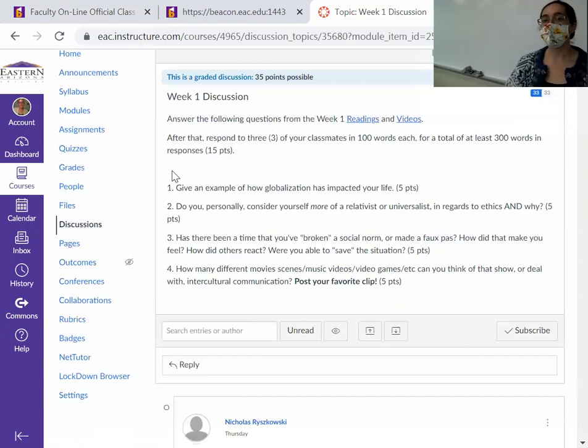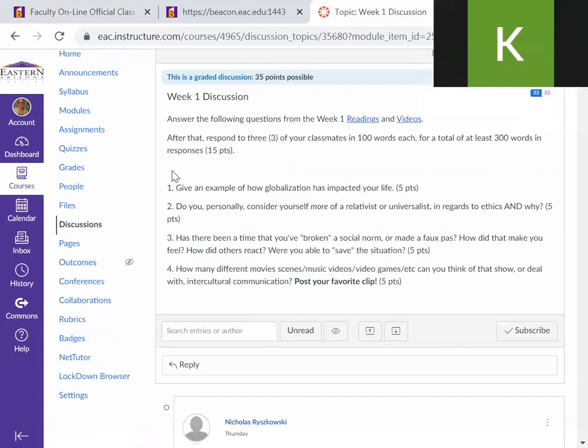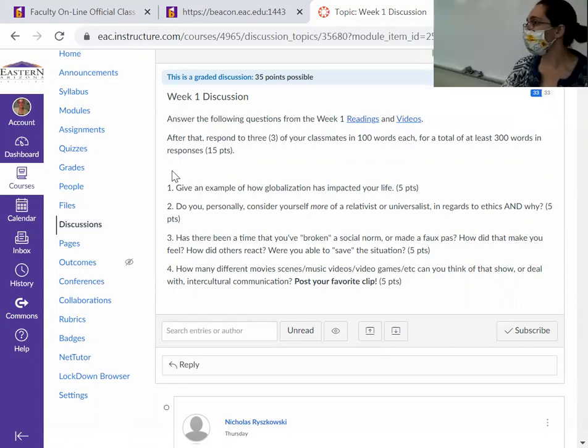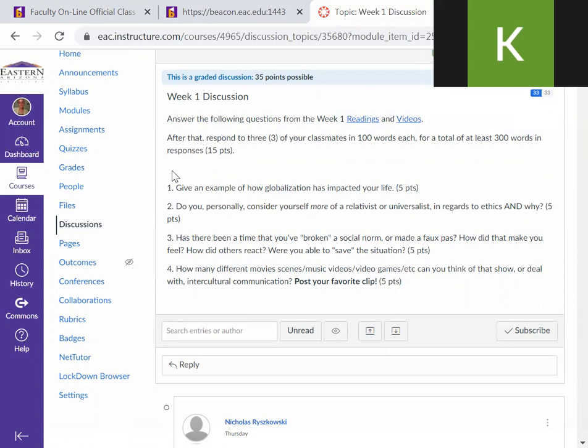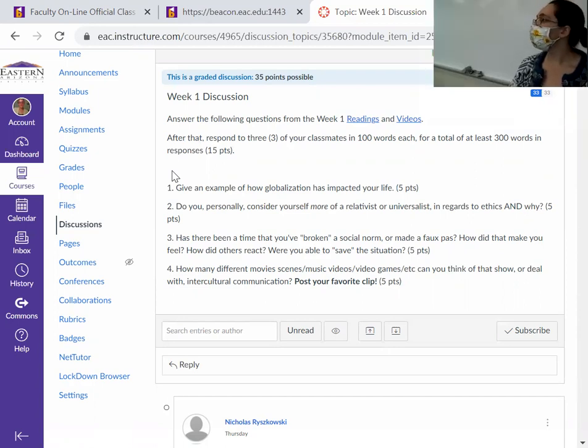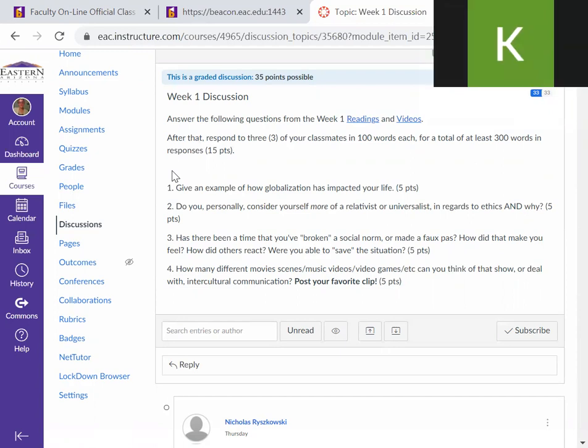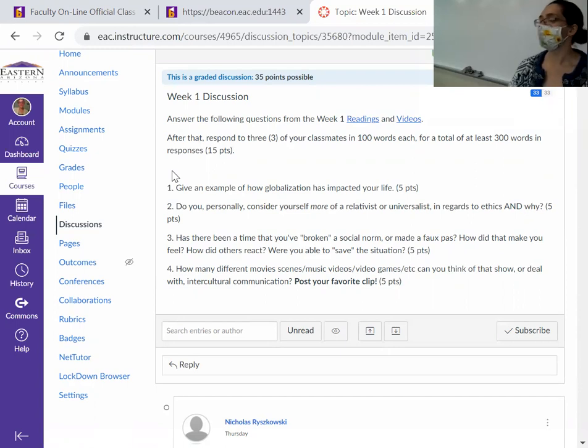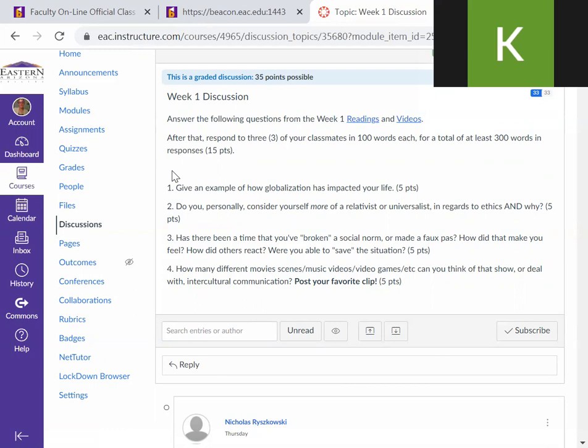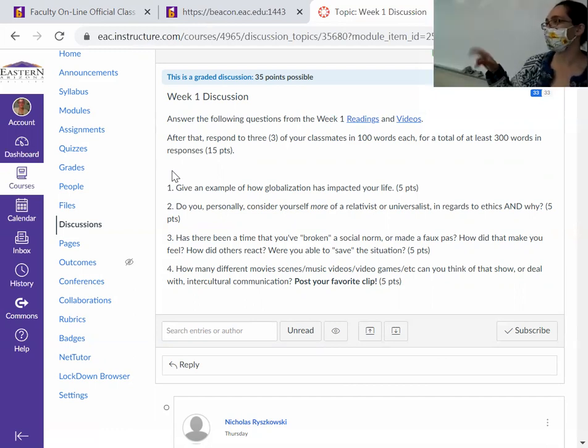Do you consider yourself more of a relativist or universalist in regards to ethics? And we talked about that on Thursday in chapter 1, where we said, do you think there are more universal things that keep cultures together, more universal ethics of, these things are good and these things are bad? Or do you think it's more relative and should only be judged within the context of that culture? So, you can't judge a culture for headhunting to say, Carter has to go chop someone's